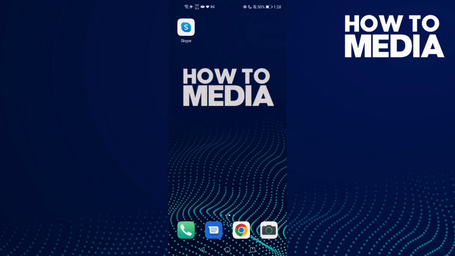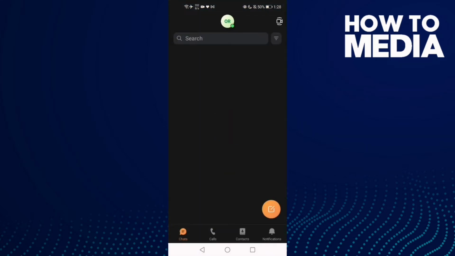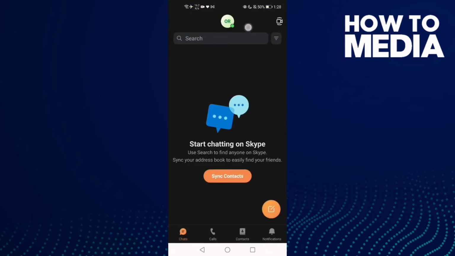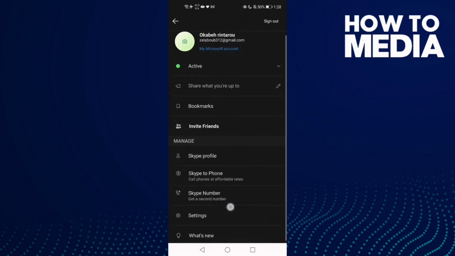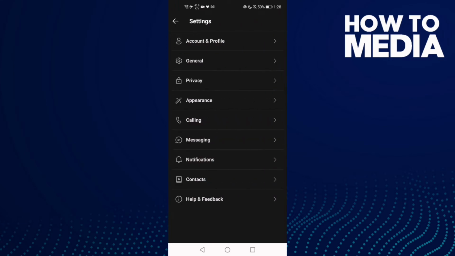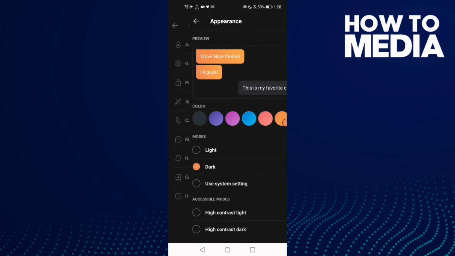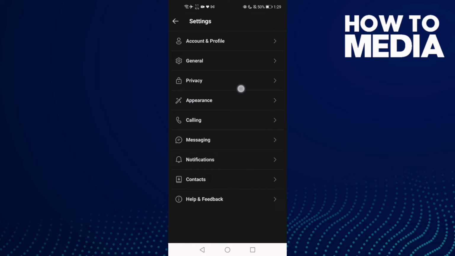First, we're gonna go to Skype and then click on your profile here on the top corner, and now go down and you will find settings here. Click on it and then you will see this one, appearance. Click on it,